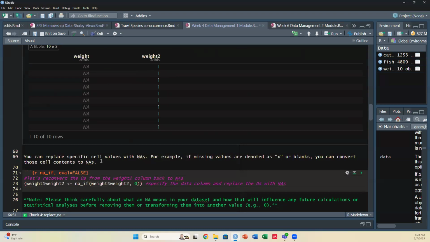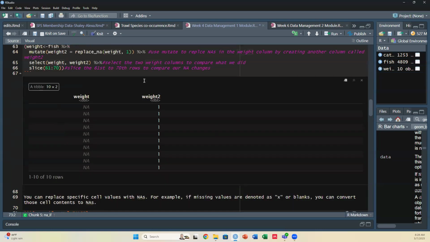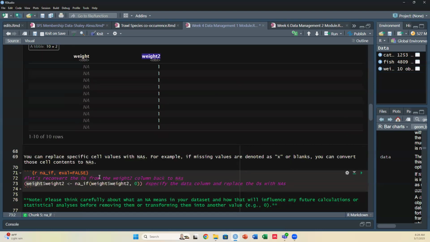So you can also replace specific cell values with NAs. For example, if missing values are denoted as X, blanks, -999, whatever you have, you can convert those cell contents to NAs to make them explicit and more uniform across multiple data sets. So let's take our weight 2 column, and say this is the weight column we just made here, and all of our ones are NAs. So we're just taking that column